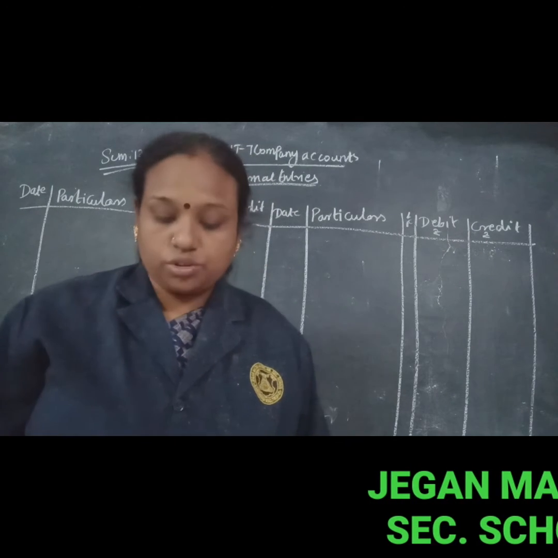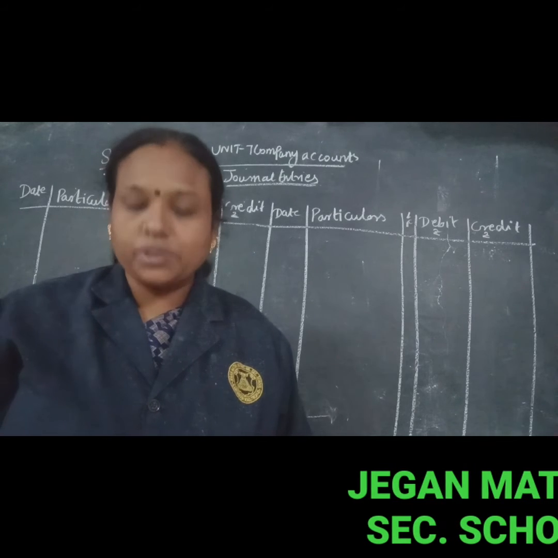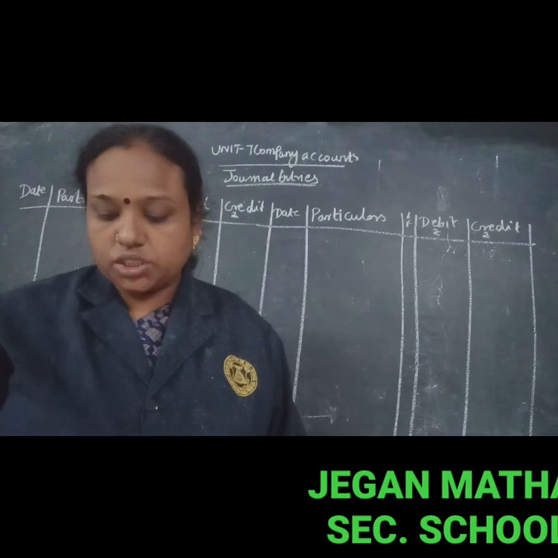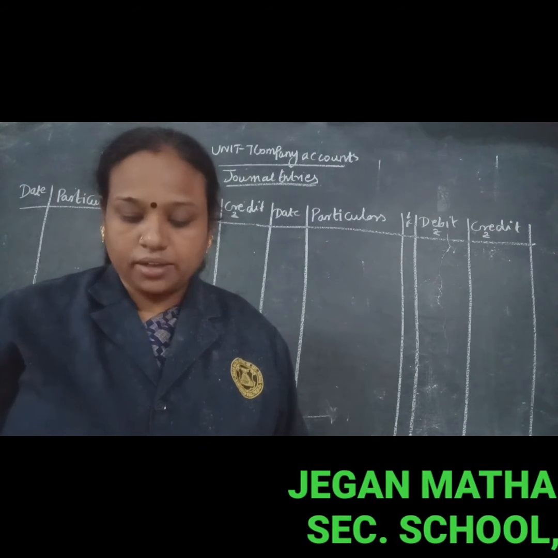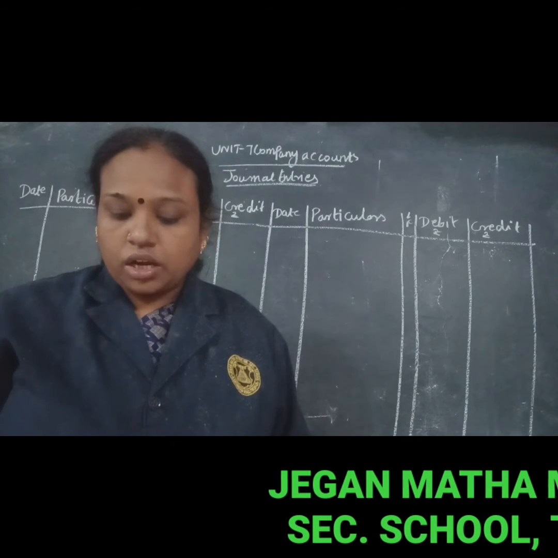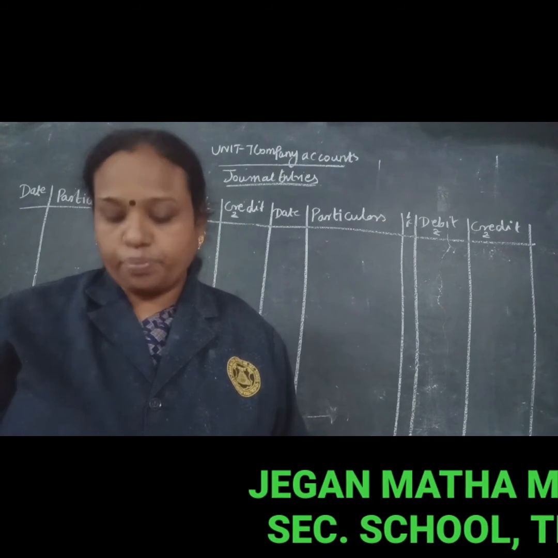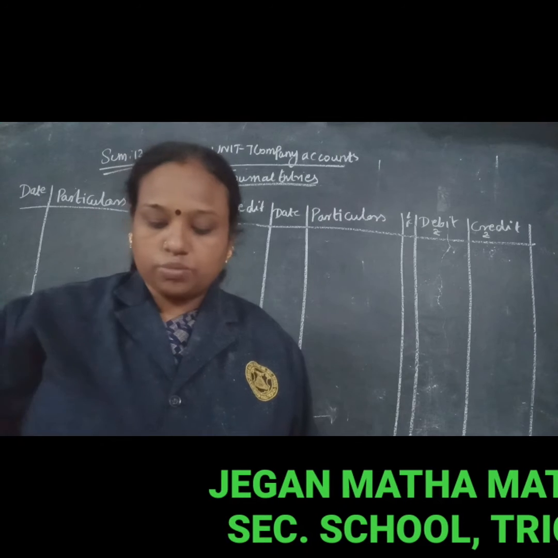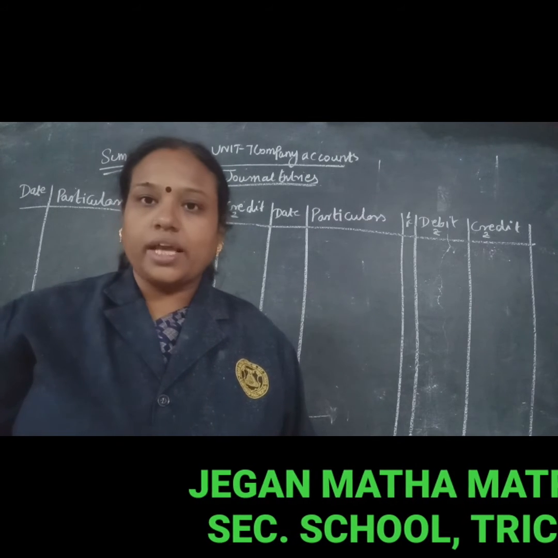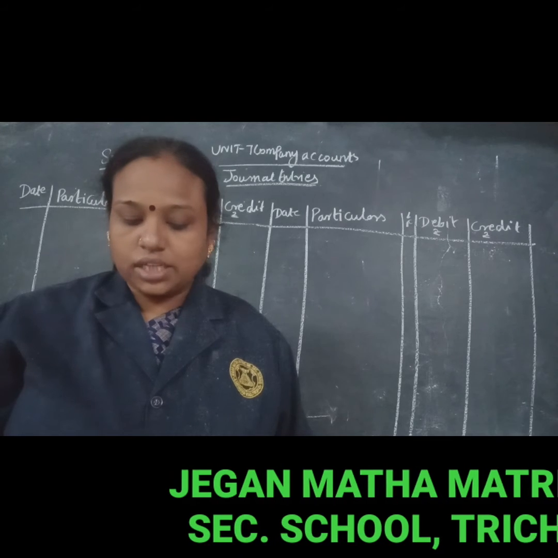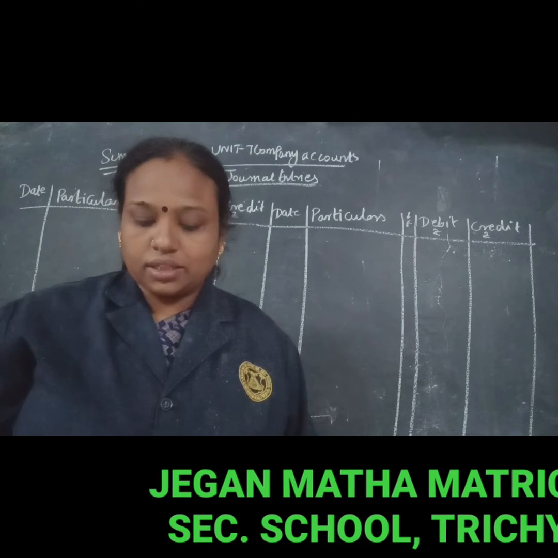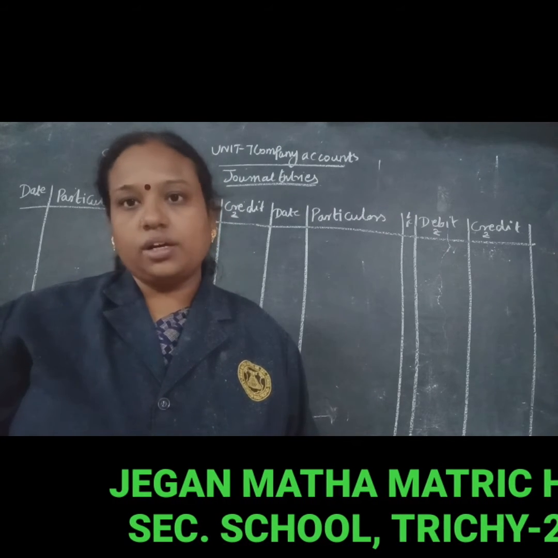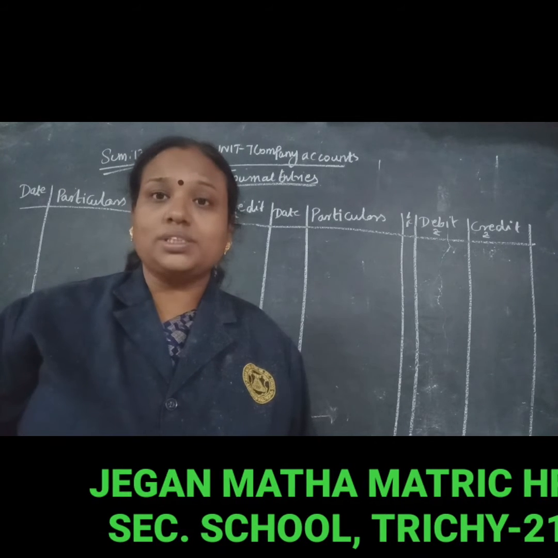Simon Limited issued 50,000 equity shares of rupees 10 each at par, payable on application rupees 1 per share, on allotment 5 per share, on first call 2 per share, and on second and final call 2 per share. The issue was fully subscribed, and all the amounts were duly received with the exception of 2,000 shares held by Shelian, who failed to pay the second and final call. So his shares were forfeited and reissued to Ilango at the rate of rupees 8 per share.